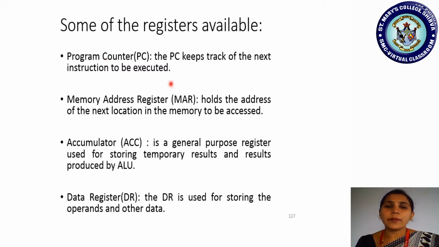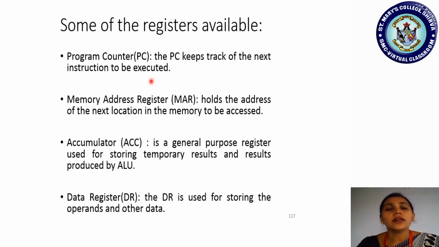What is that program counter? See, it keeps track of the next instruction to be executed. Suppose you have 5 instructions. If the CPU is executing the very first instruction, the counter will be holding how many? One is in running state, so the remaining is how much? The counter value initially will be 5. When the processor is executing one of the instructions, the program counter is tracking that 4 instructions remain.